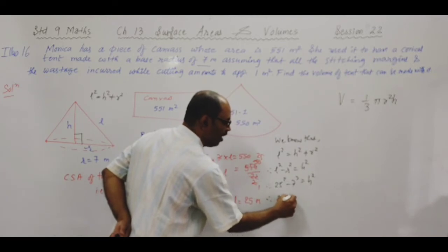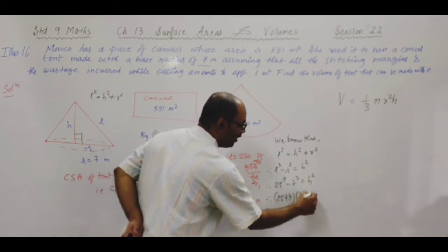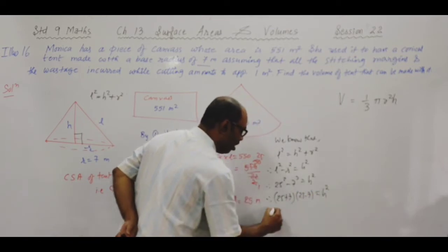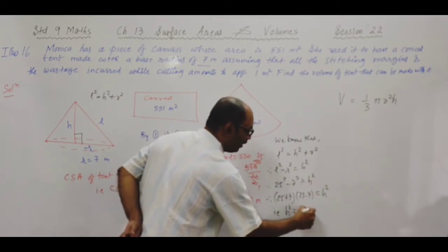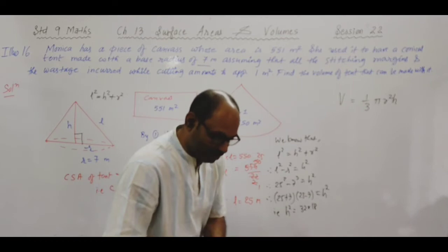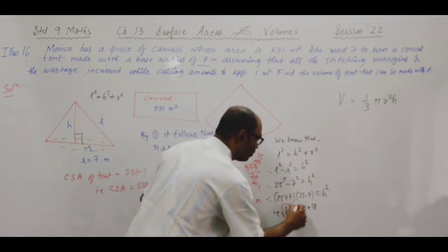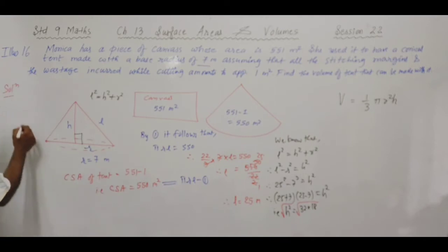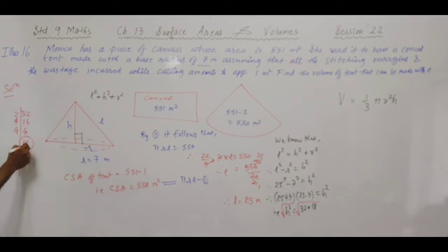Therefore 25 plus 7 into 25 minus 7 is equal to H square, i.e., H square is 32 into 18. ये, children, taking square root. अब मैं ट्रिक बताता हूँ आपको स्क्वायर रूट ढूंढने का. वो 32 है ना, पहले 32 के प्राइम फैक्टर्स निकाल दो. 2 16 सा, ये तो परफेक्ट स्क्वायर है. तो 2 2 करने की जगह पे 4, 4 जाने 4, और जहां 1 आया वहां नेक्स्ट नंबर 18, 2 9. ये परफेक्ट स्क्वायर है. 3 3 जा 3.